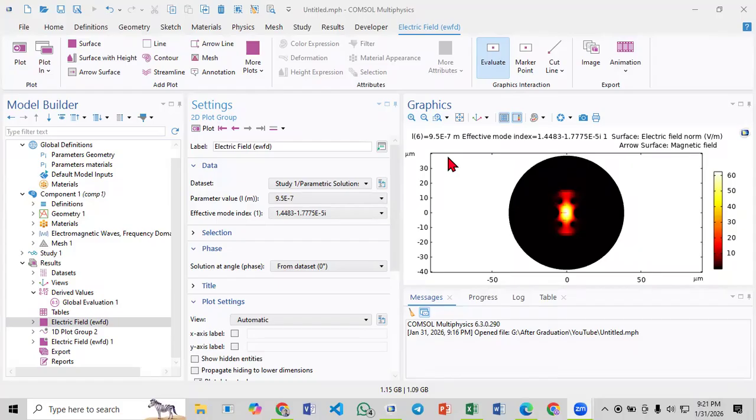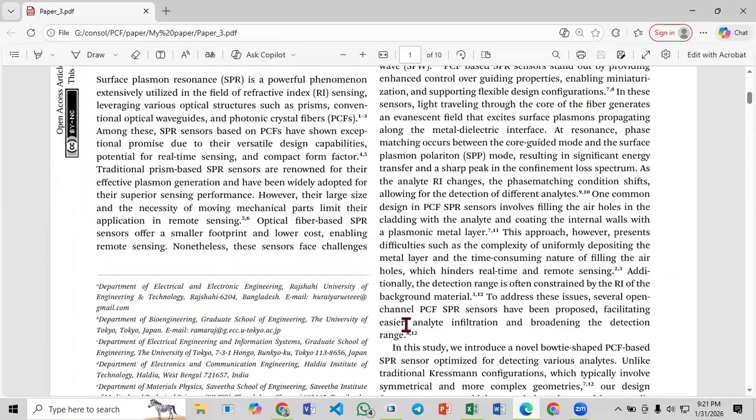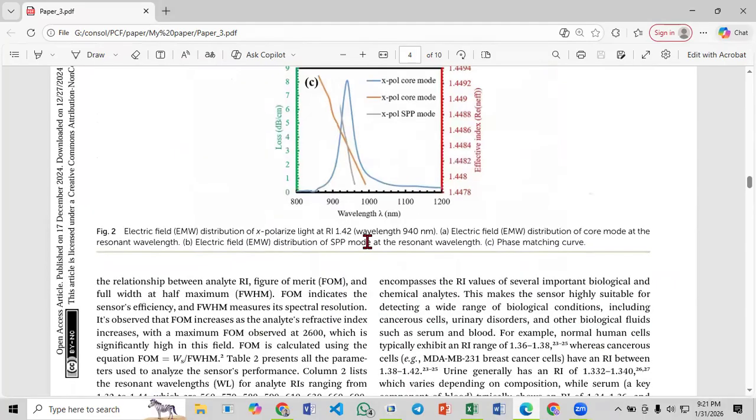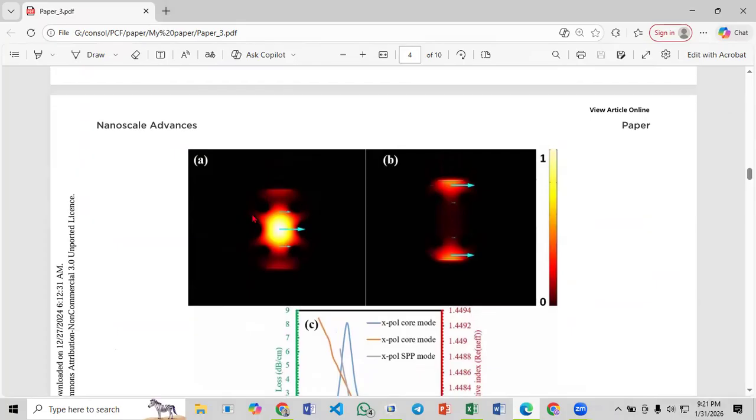In our last video, we reproduced this graph, which is the phase matching curve. We also saw how we can get the core mode and the SPP mode. Today, you can see the color of the core mode is white and red,